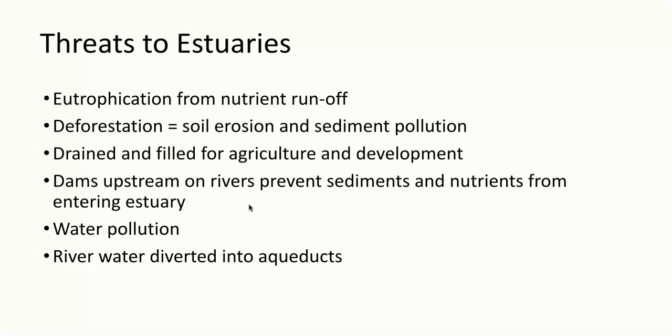Any kind of water pollution can cause damage, and then we also take river water and divert it into aqueducts. So for example, the Colorado River flows from Colorado to the ocean between California and Arizona. So it actually flows into the ocean right in the Sea of Cortez, which is between Baja California, Mexico, and mainland Mexico. And so it's on the border there of the United States, Mexico, between California and Arizona. That's where the Colorado River meets the ocean, except it doesn't meet the ocean very often anymore because so much of that river is sent to,